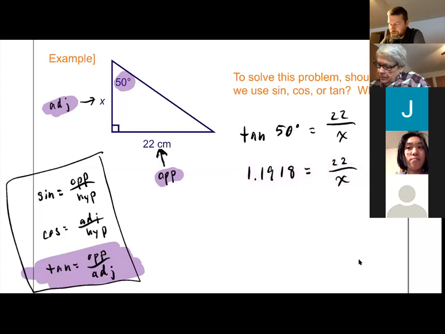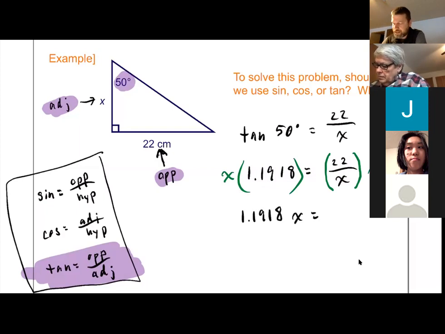So what we're going to do first is fix that. I don't want that X down there. Right now that's 22 divided by X. So I'm going to do the opposite. Instead of dividing by X, I'm going to multiply both sides by X. Now on the left side, when I multiply by X, I'm going to get 1.1918 times X. But on the right side, what nice thing is going to happen to those X's? They're going to go away. They're going to cancel out. And then I get a 22 by itself, and then I don't have X on the